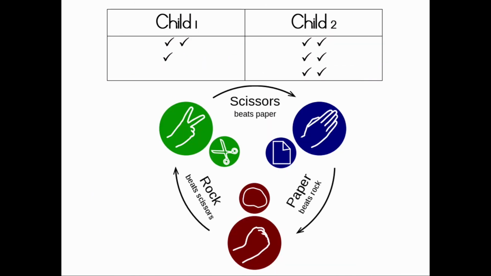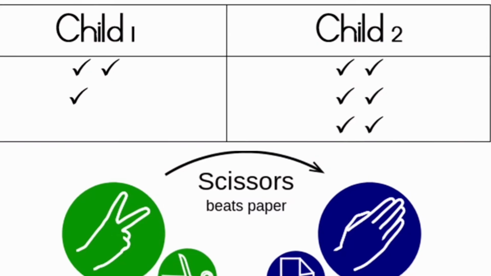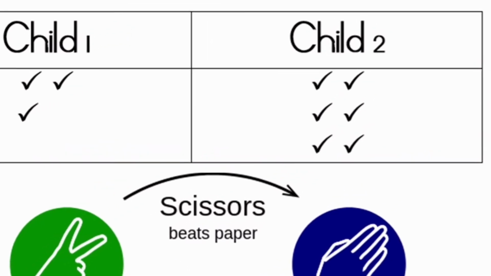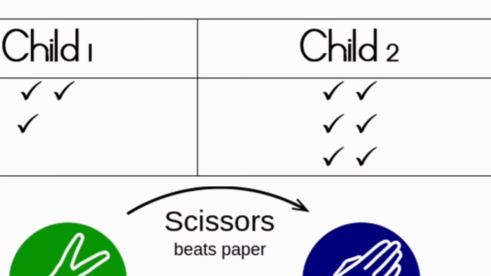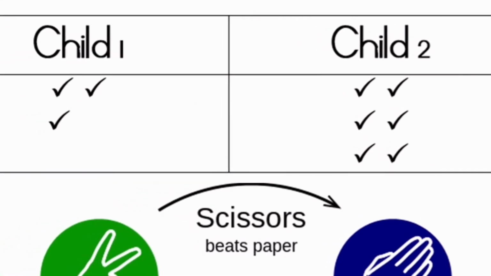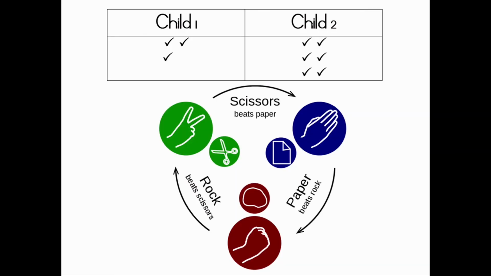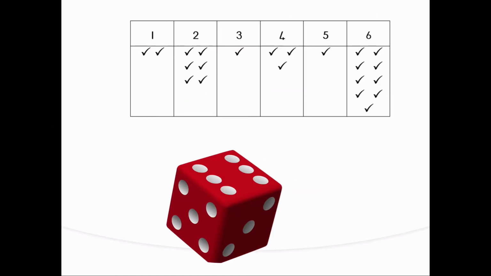You could have children play rock, paper, scissors. This is a fun and fast game that will help them learn that if you do only a few probability trials, the results can be skewed towards 0 or 1 on the probability line. But if you do a lot of trials, like 20 or more, the results are more likely to meet the expected probabilities. At the end of this video, we will provide links to videos you can use to show children how to play rock, paper, scissors.